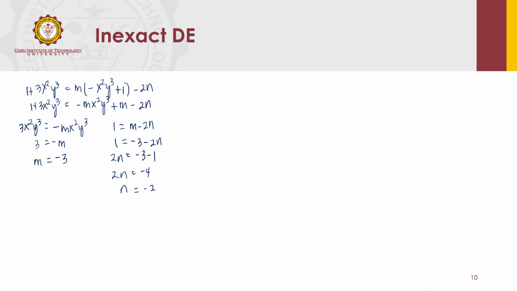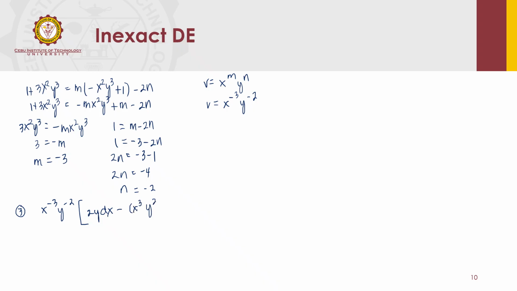So if we go back to the previous slide, it's x to the m, y to the n for the integrating factor. So that's x to the negative 3, y to the negative 2 for the integrating factor. So we're going to multiply. This is the third step already. So we're going to multiply the entire equation by the integrating factor. So we write the integrating factor first and then the original equation with the dx